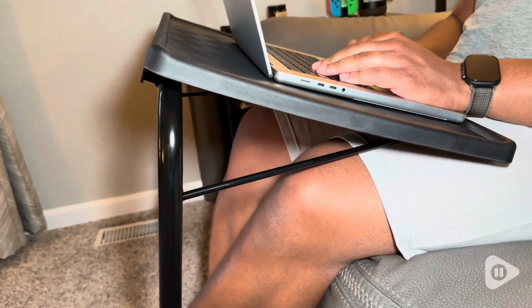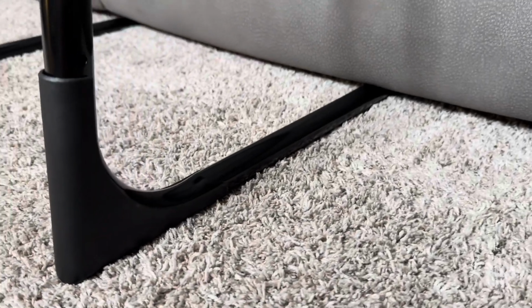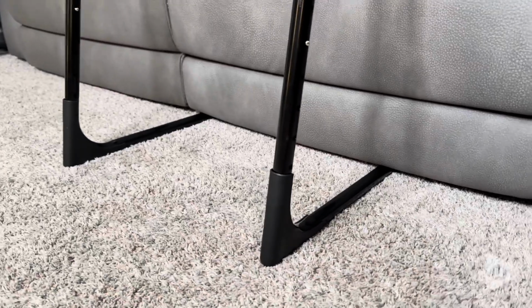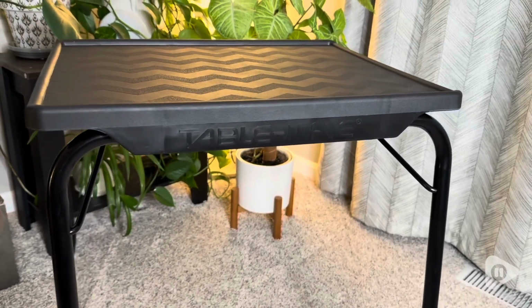I also really appreciated that it slides underneath furniture really well. The only thing that would really hinder it from sliding underneath a couch is the couch itself. So ours has a frame underneath it, so it slides all the way back to that frame, even with a really low profile couch. It was really easy to put together too, no tools needed, and it was ready to